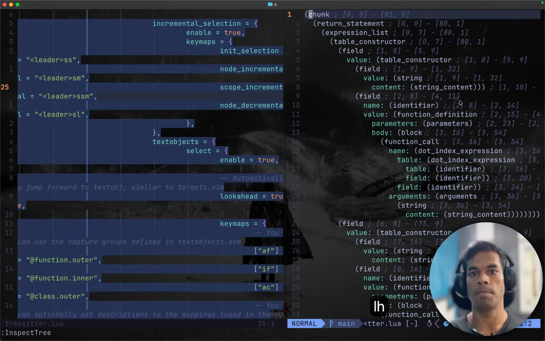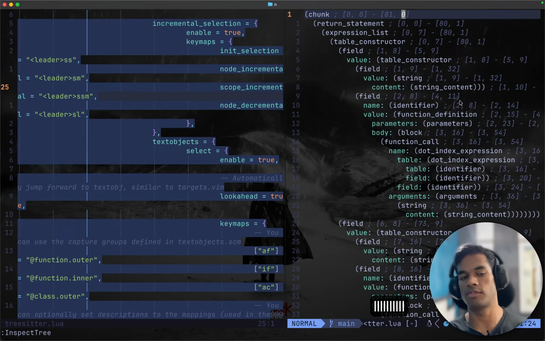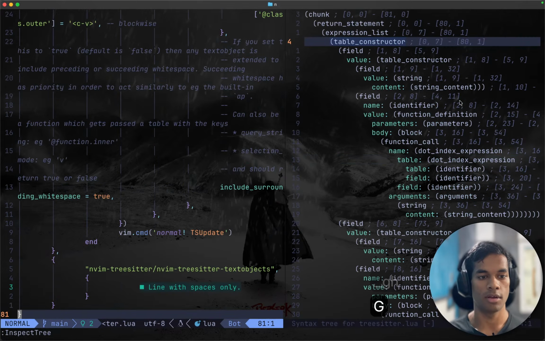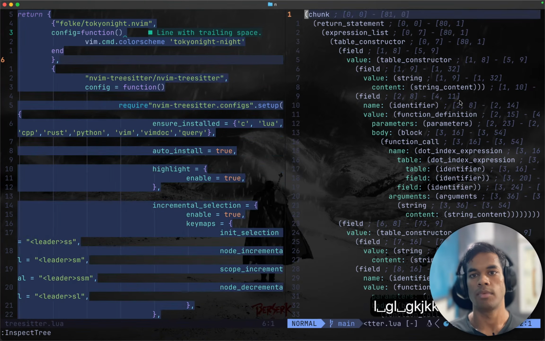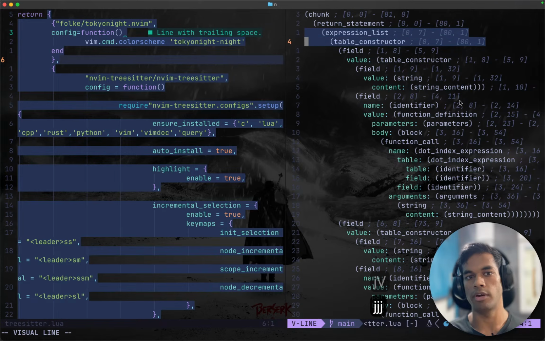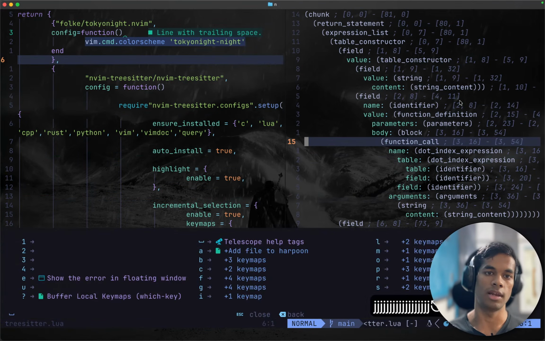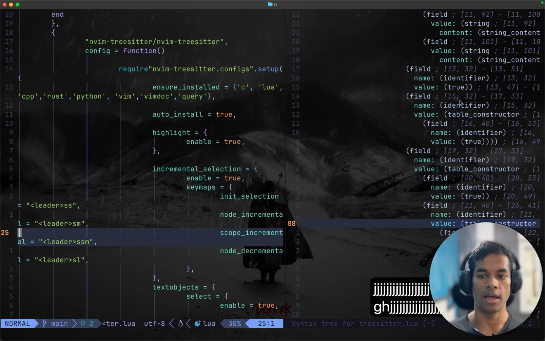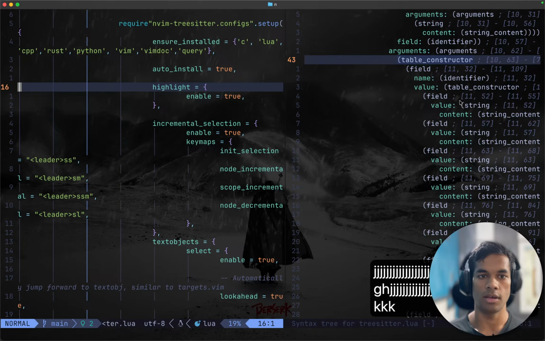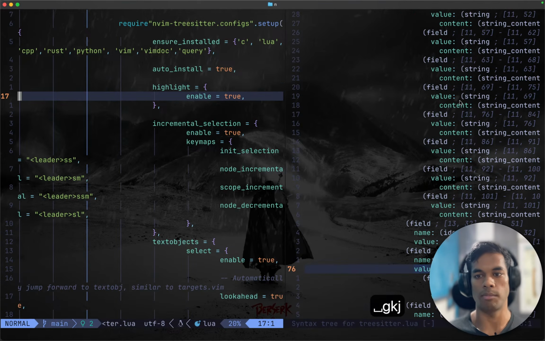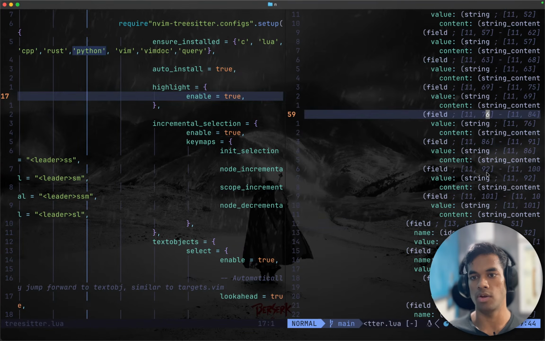Now this is the root node, and it includes everything from the zeroth line, zeroth character, that is the first line's first character, till the last line's first character. So I'm assuming that there is nothing else. And the last line only has one character. And then the return statement is just a meaningful representation of everything that you have written to the left in this file. And this meaningful representation is very useful to Neovim, and Neovim knows